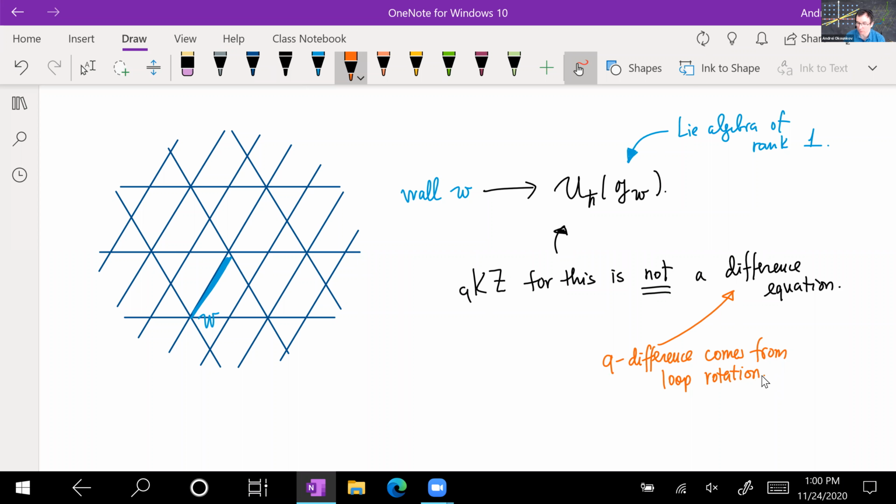And so if you think, what's a QKZ? Well, what does it mean to have an evaluation representation at some point? It means you pre-compose with an automorphism, which is a loop rotation. So we don't have that automorphism now. We do have it, but it's trivial. And so then instead of